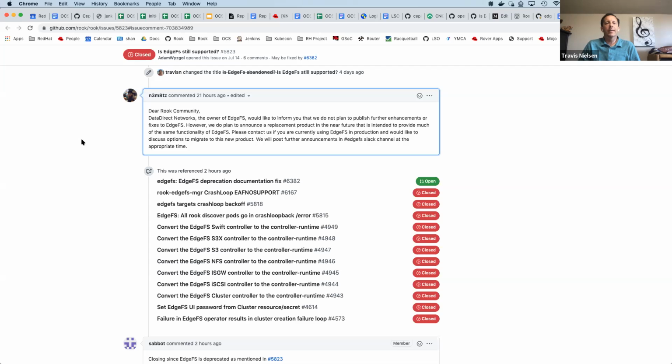Please contact us if you are currently using EdgeFS in production and would like to discuss options to migrate to this new product. We'll post further announcements in the EdgeFS Slack channel at a later time. Yep, so that is the announcement. It's sad to see EdgeFS deprecated, but that is the reality of the situation.